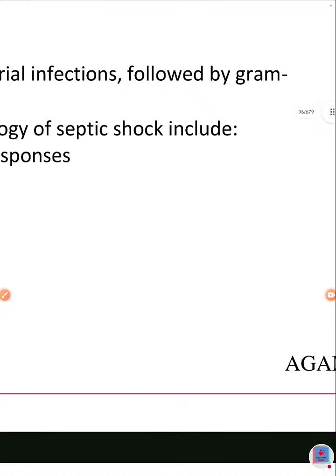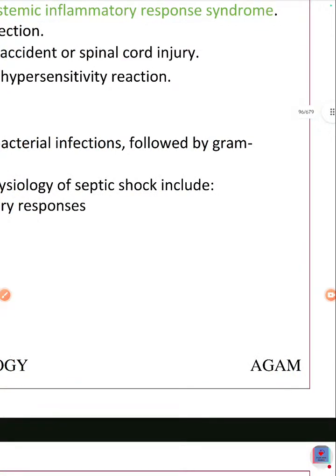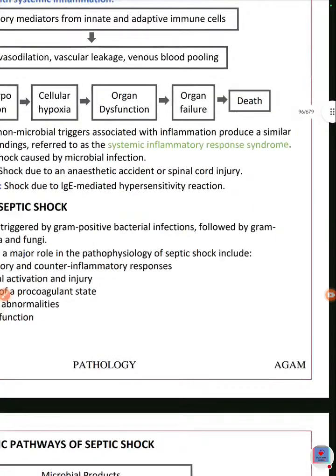Coming to our next question: neoplasia definition, benign and malignant tumor differences, and mention the modes of spread of malignant tumors with example. Tumor suppressor genes you have to talk about. Okay,